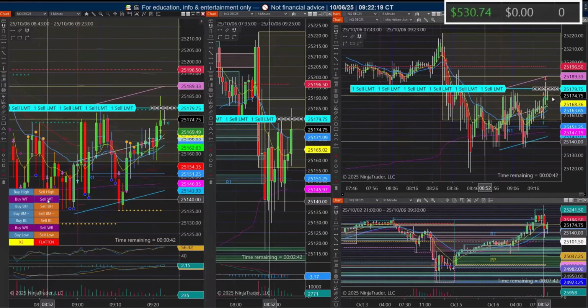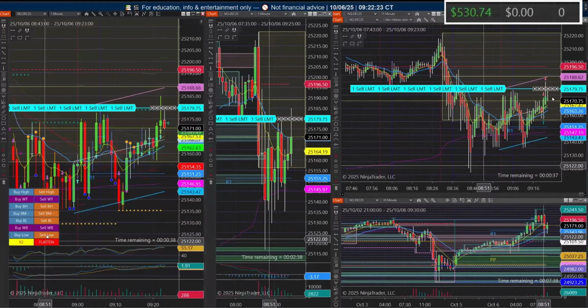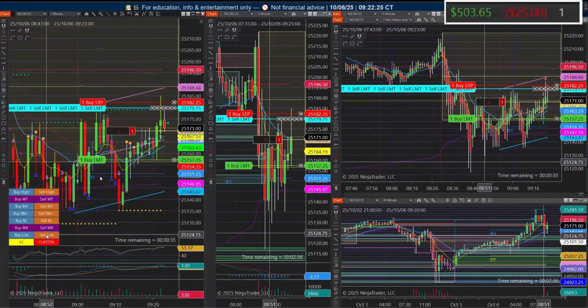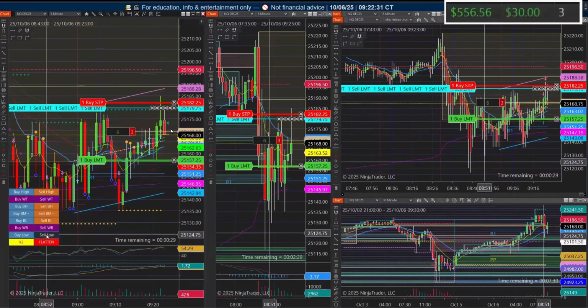So now in order to have the orders filled, thinking that it is running away, I am clicking the sell low button, which is placing the limit orders at the low of this bar, and they are getting filled because I'm getting a better price here. So I have the fill for